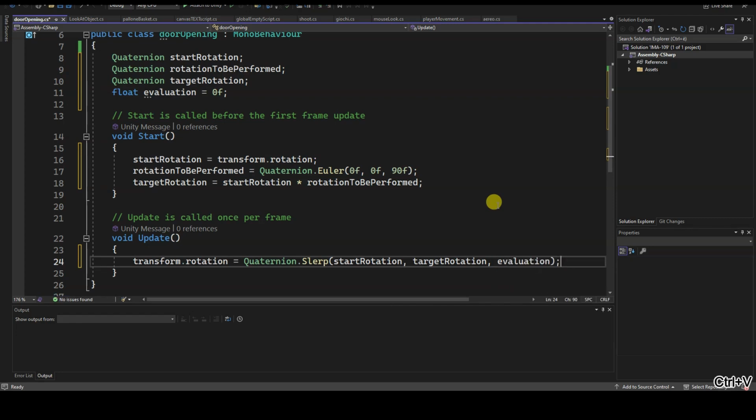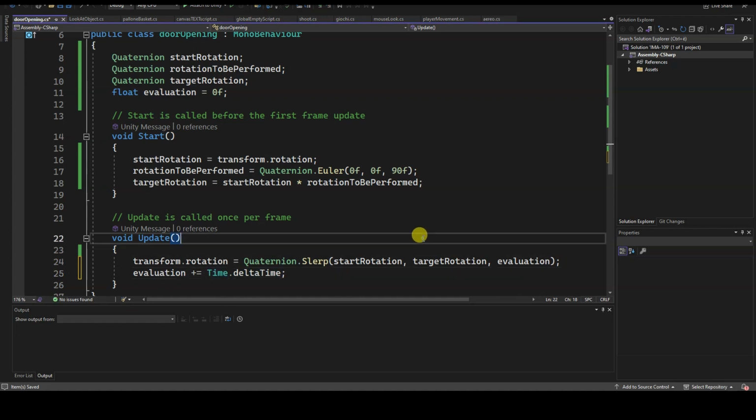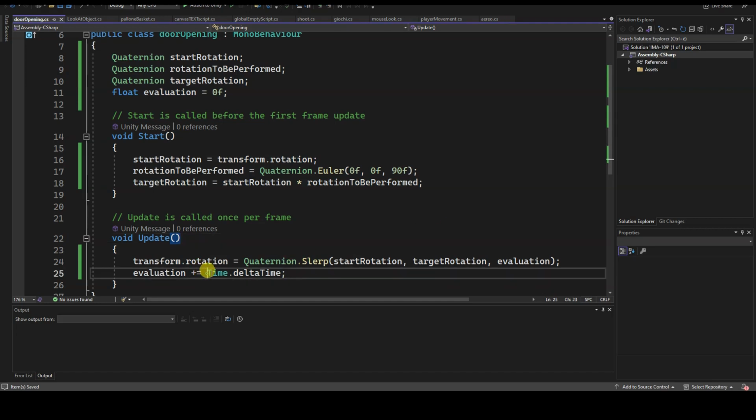Then we can also write it as the third parameter of the Quaternion.Slerp function. Additionally, since its value must increase at each frame, we write in Update evaluation plus equals Time.deltaTime. We know that the final evaluation time of the rotation will be 1.0, so this animation will last exactly 1 second, as we are incrementing evaluation by Time.deltaTime at each frame.